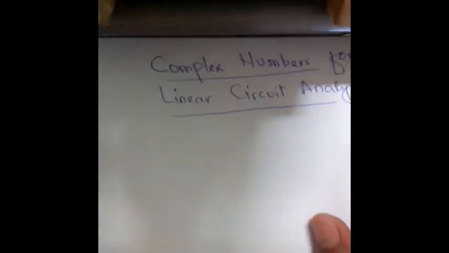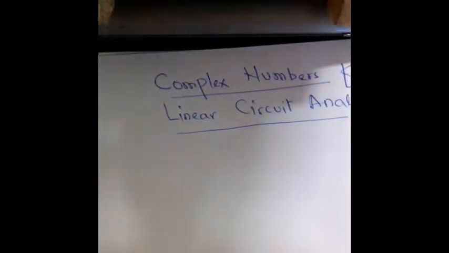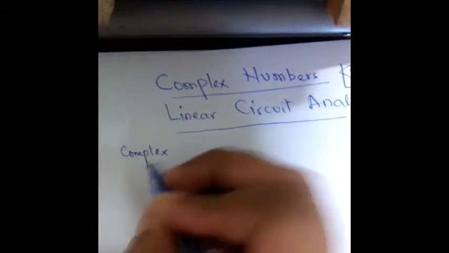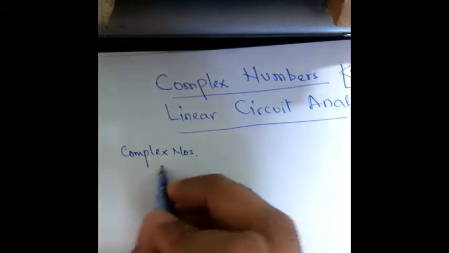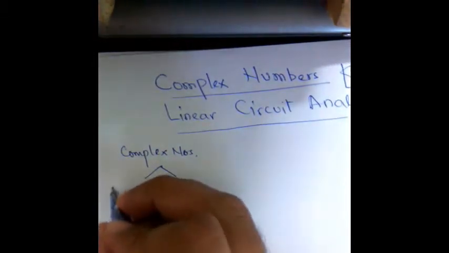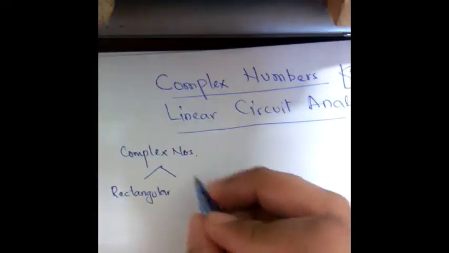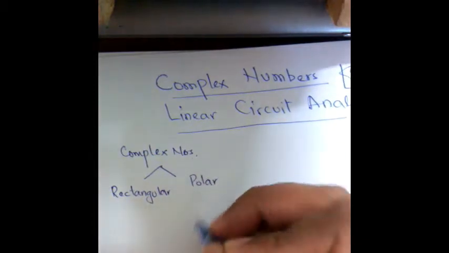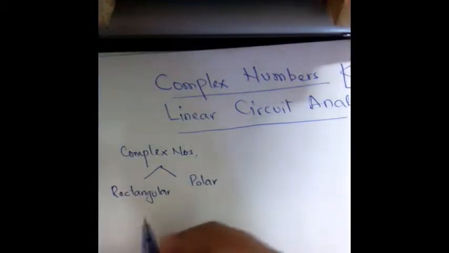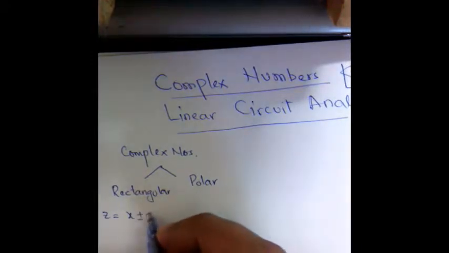Today we will be studying complex numbers for linear circuit analysis. Complex numbers can be represented in two different forms: rectangular and polar form. In rectangular form, they can be represented as C is equal to x plus minus jy,